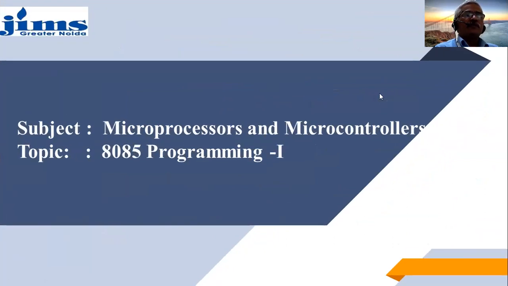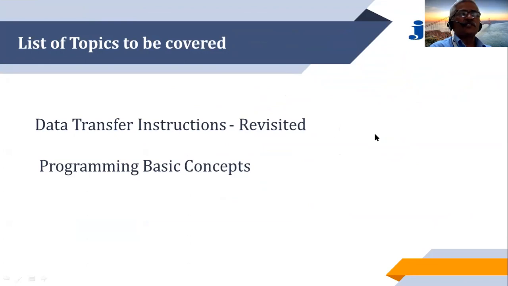We have already seen that 8085 supports different types of instructions, and these different types can be classified according to the size of the instructions, according to the addressing modes, or according to the functions these instructions perform. As per the functions, the instructions can be classified as the data transfer instructions, data manipulation instructions, logical instructions, the flag or the status and the control instructions.